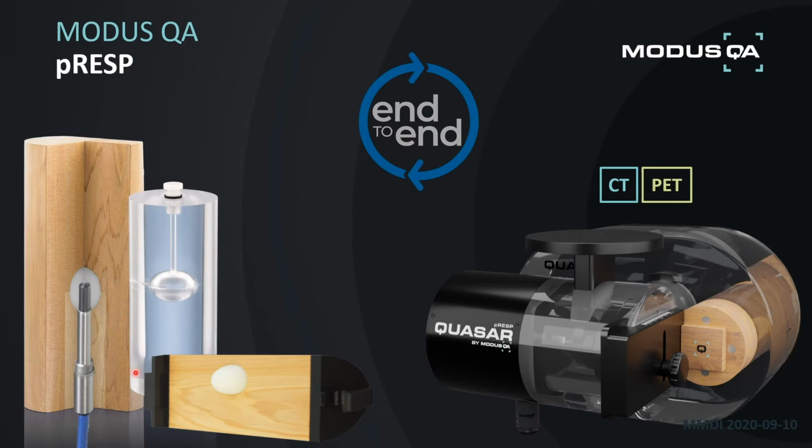And then this insert here is for the PET CT or any PET functions that you would like to use. So it has a hollow sphere where you can insert radio tracers. We also have this one laying on its side, which is actually a split tumor model, and that way you can follow the tumor and be able to place a piece of film in there to be able to verify the